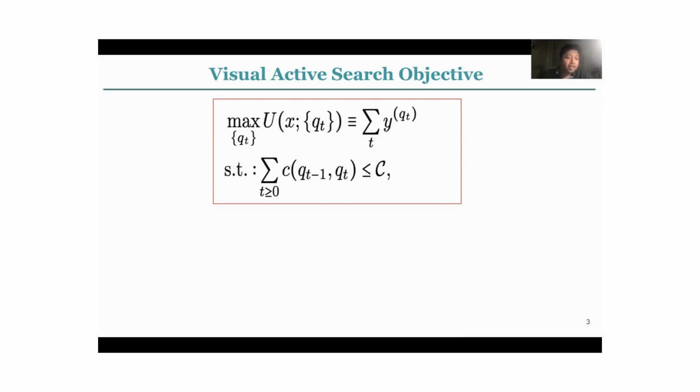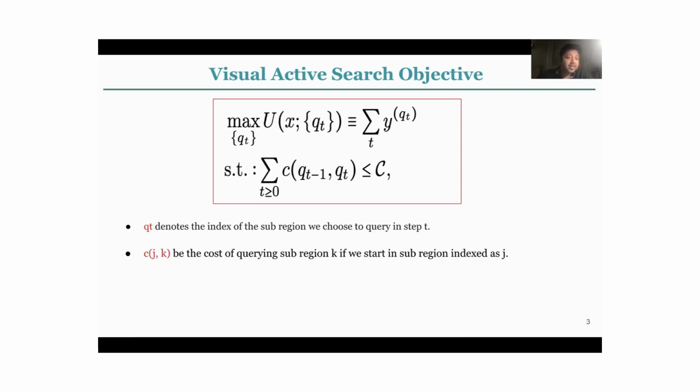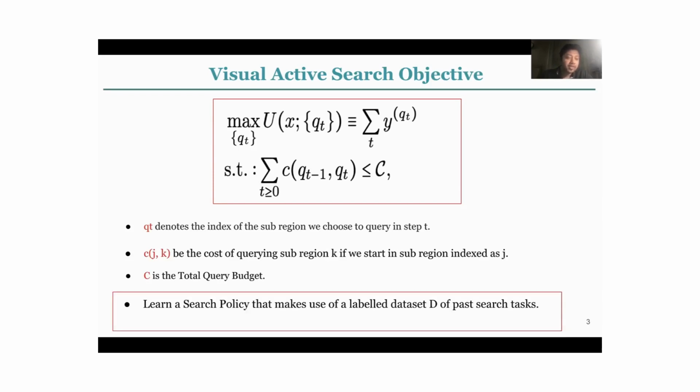We mathematically formulate this objective as a constrained optimization objective, as shown in the slide. Here, Qt denotes the index of the subregion we choose to query in step t. Cjk is the cost of querying the kth subregion if we start at the jth subregion, and C is the total query budget. Our ultimate objective is to learn a search policy that makes use of a labeled dataset of past